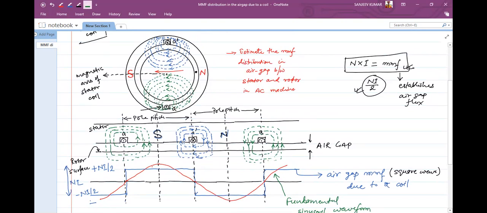But due to the contribution of only one coil, we can see that this waveform is approaching a sinusoidal. Although a square wave is not a sinusoidal, if some modification is made in the square wave, we can make it a sinusoidal waveform. Therefore, with the help of a single coil, we were able to see what kind of air gap fluxes have been established. Now for the MMF distribution in the air gap due to multiple coils, due to distributed winding,